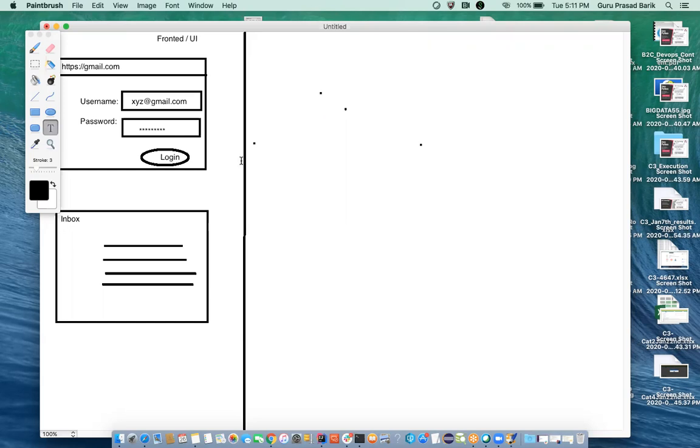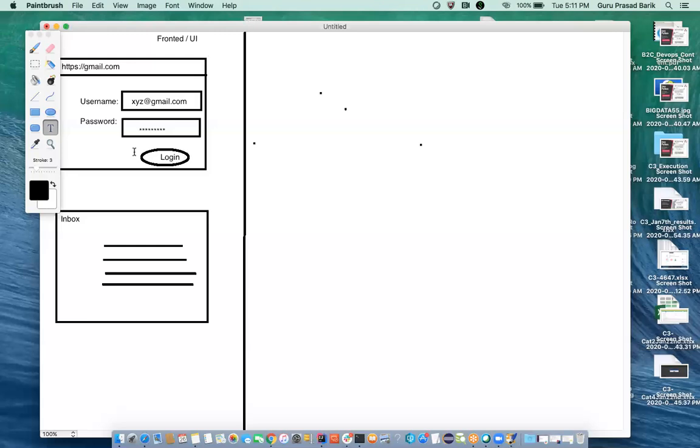Because in application development we have different architecture with different layers. We have front end, back end, and database layer. The front end is used by the end user to interact with the application. It is a user interface, using which the user interacts with our application. Who is the user? You, me, and whoever is going to use gmail.com.